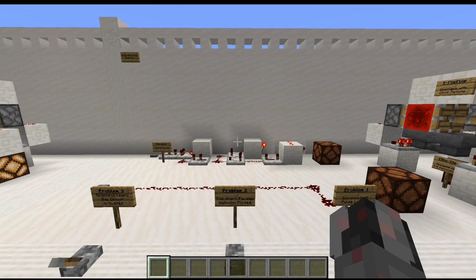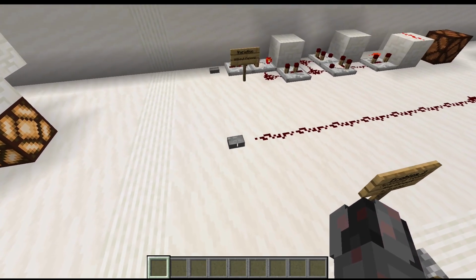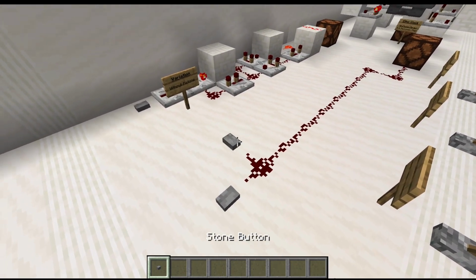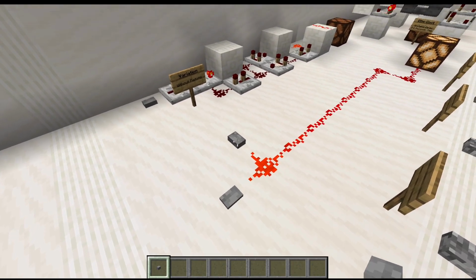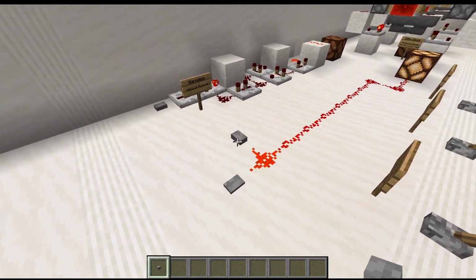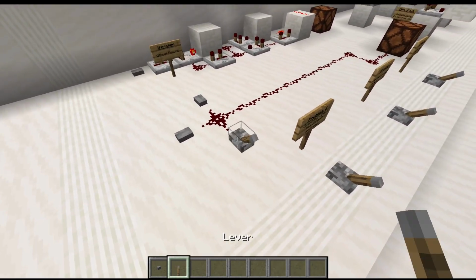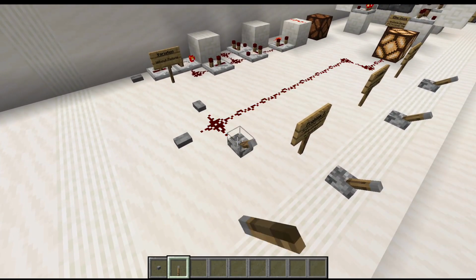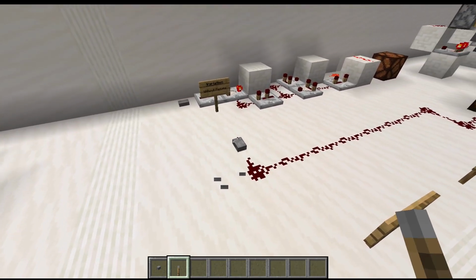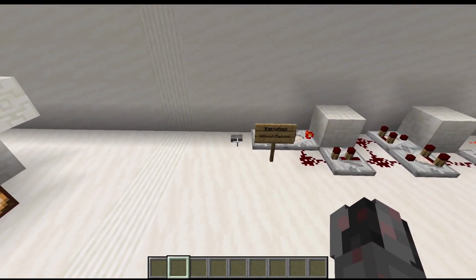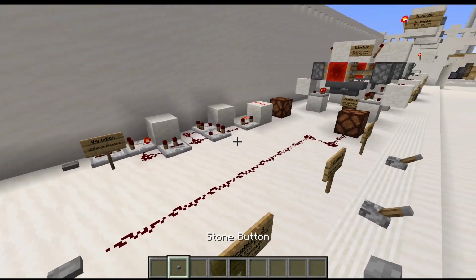When it comes to doors, there are 3 major problems. The first is inconsistent pulse length. So this is not really an issue if you just have one button, but let's say you have 2 buttons and they are activated by different players, so you get inconsistent pulse length, or for some reason there is even a repeater in the mix and you get pulses that are really short. So how can you get around that issue? First of all, we need our input. So now,